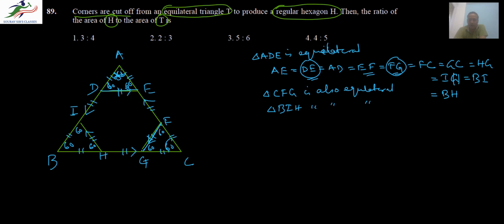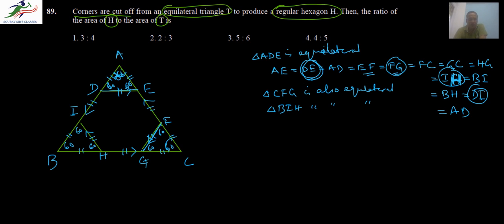I'm sorry, this is IH, not IG. IH is equal to DI, which is again the side of a regular hexagon. So DI becomes equal to DE, which is the side of the regular hexagon, and DE is equal to AD. So all these